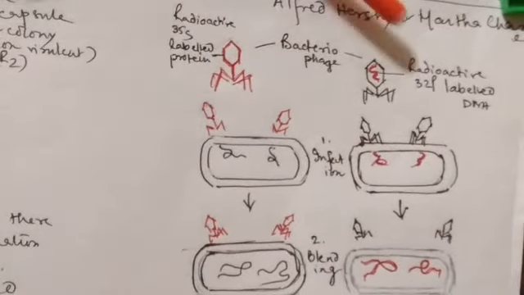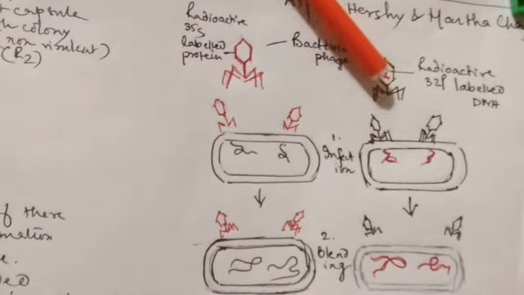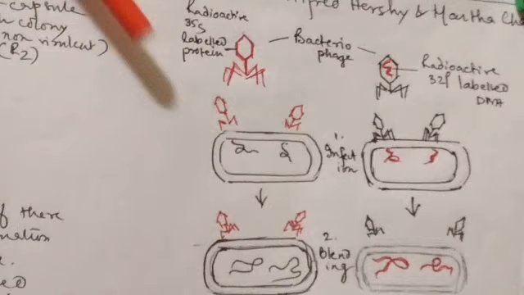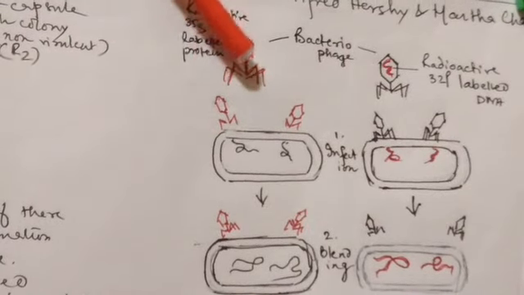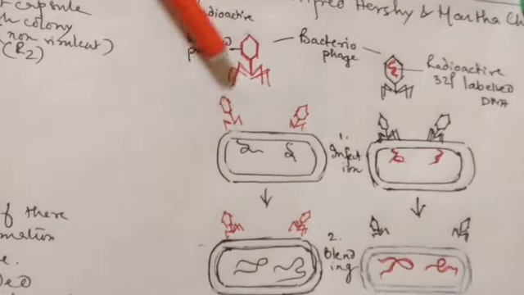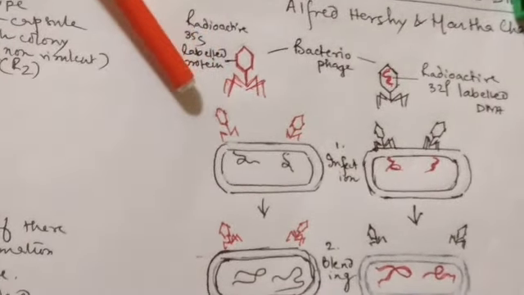We already know that DNA contains a sugar phosphate backbone. So when the new DNA is produced, the radioactive phosphorus gets incorporated in the DNA, and this becomes radioactive DNA. In protein, certain amino acids like methionine contain sulfur. So when they grow this in the medium containing radioactive sulfur, 35S, the methionine of the protein, that means the protein coat, becomes radioactive.